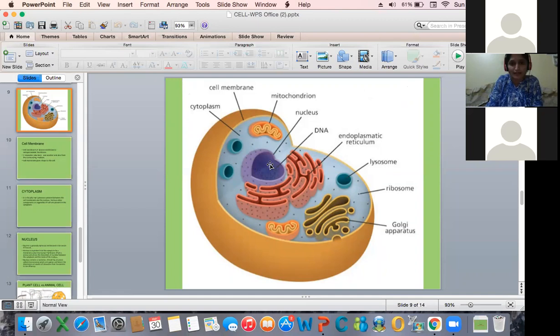Chromosomes will have the DNA, and DNA will contain the genes. These are all the internal parts. When you study genetics and inheritance, you will study in detail about DNA and RNA, how the genes function, what the characteristics are, how the transfer of characters happens, and the different types of genes and chromosomes we have. You will study all of this in detail in the higher class. Did you note it down?